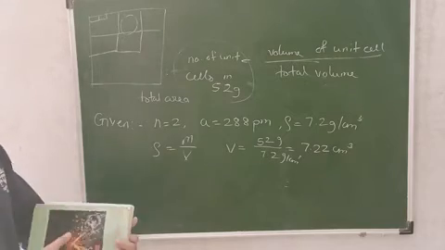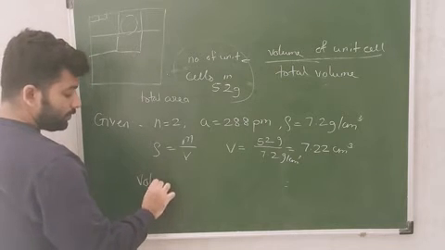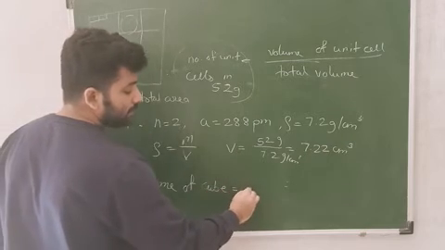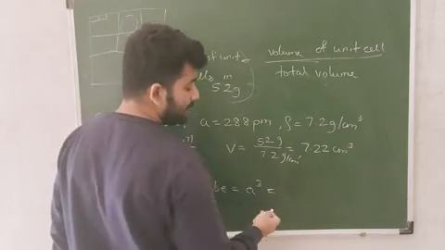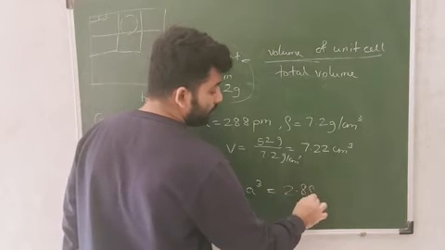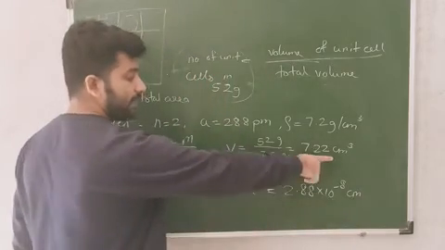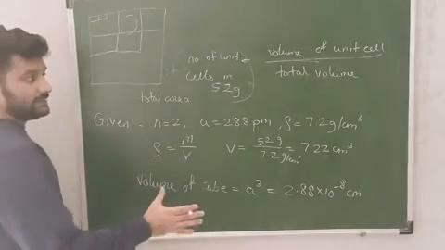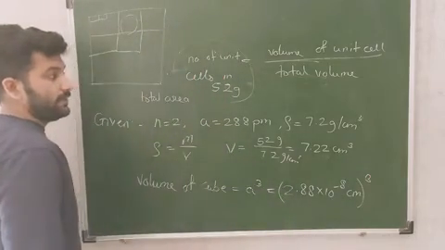Okay. Next we have to find out the volume of unit cell. Our unit cell is a cube, so we will just write a cube, and edge length is given to us, it is 288 picometers, with the same conversion as we tried in the previous example. That will give us 2.88 into 10 raised to minus 8 centimeters. Here also we have centimeters, so we will use this as the centimeter unit. Now our task is just to substitute these values over here. We are going to cube the value.